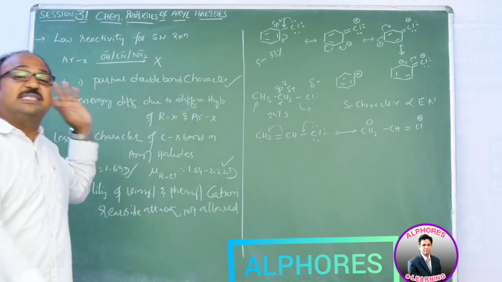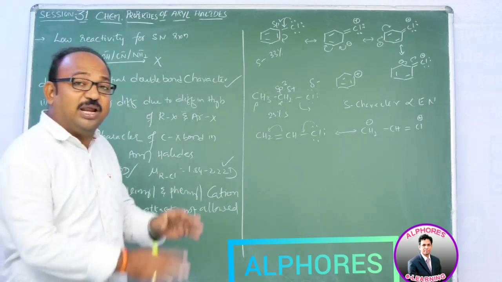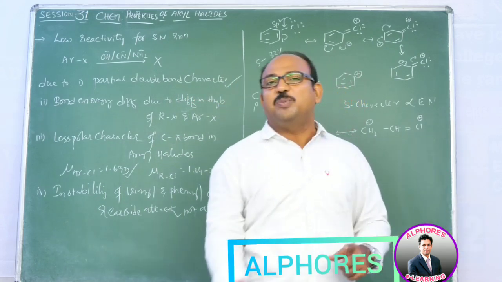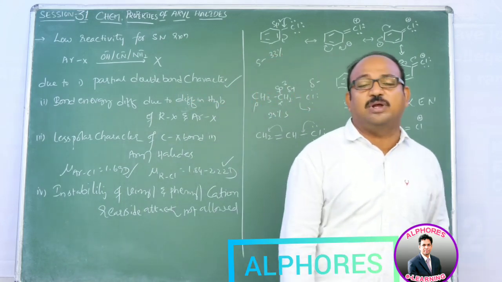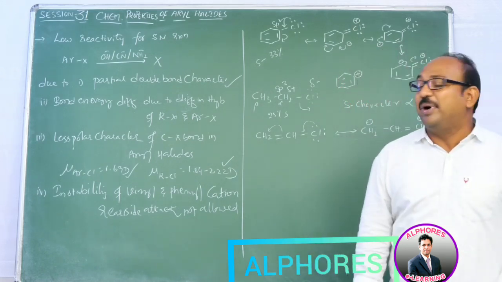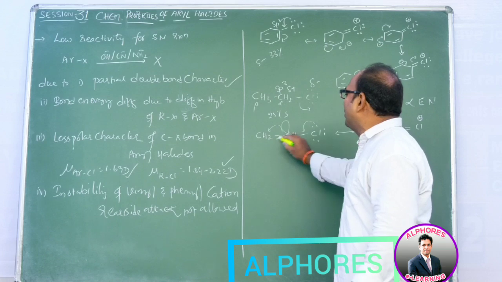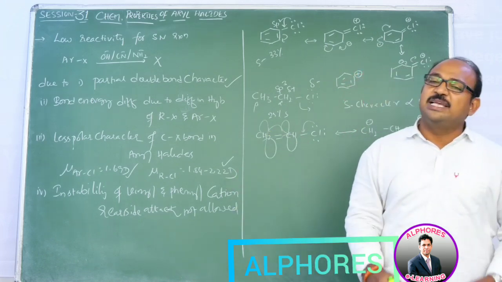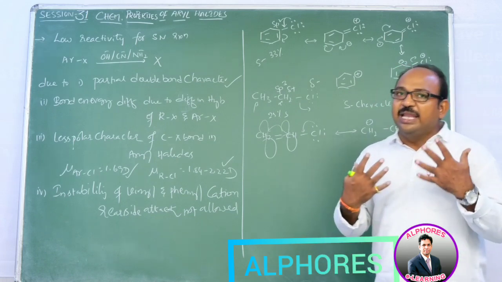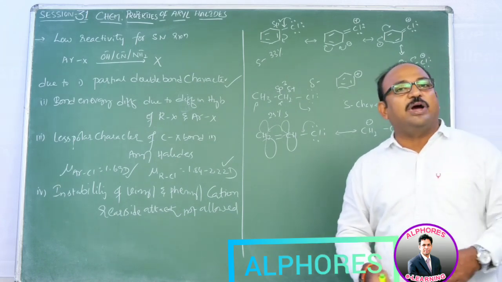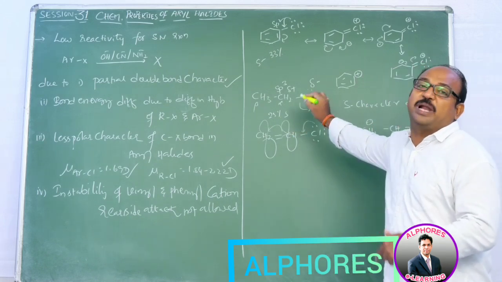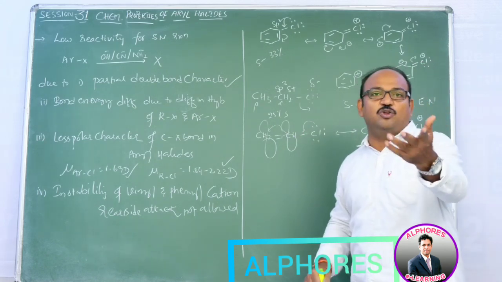That's why, while studying SN1 and SN2, we learn that vinyl and phenyl halides do not take part in either SN2 or SN1. For SN2, rear side attack has to take place, but here rear side attack is not possible because of the pi electron cloud. The pi electron cloud behaves like an obstacle toward the approaching nucleophile, toward the leaving group-containing carbon, so obviously SN2 is not possible.